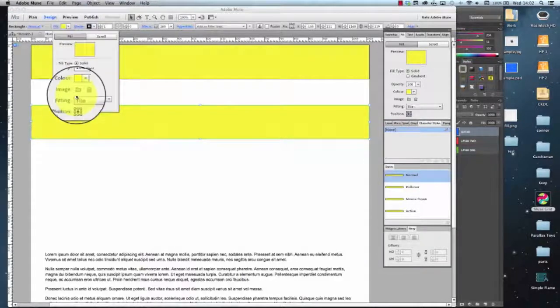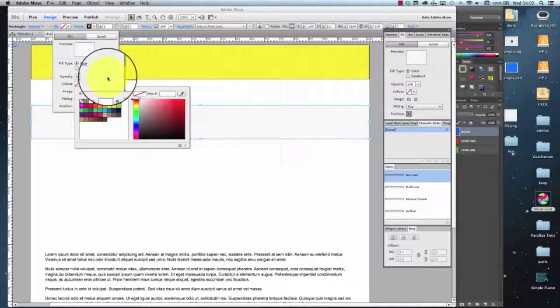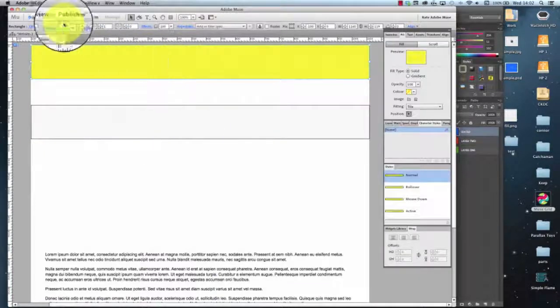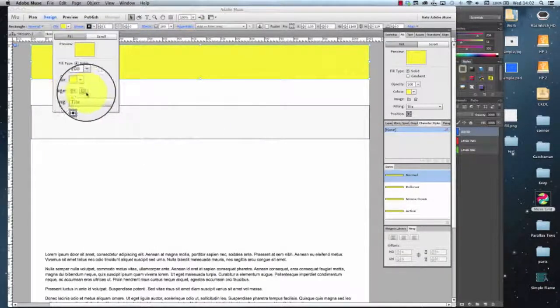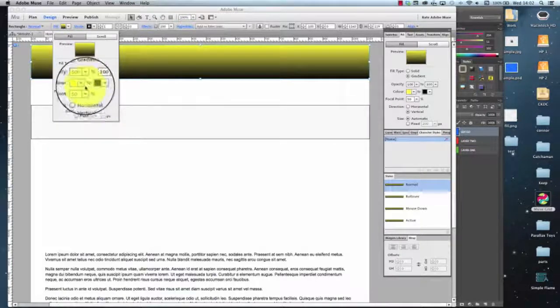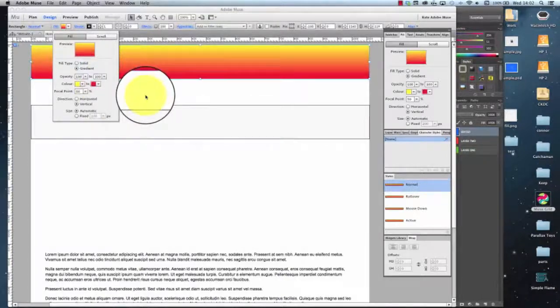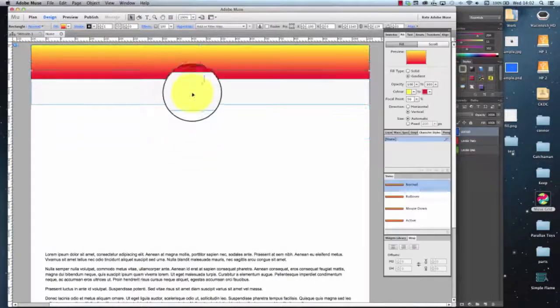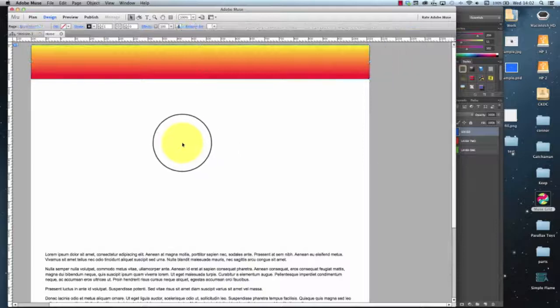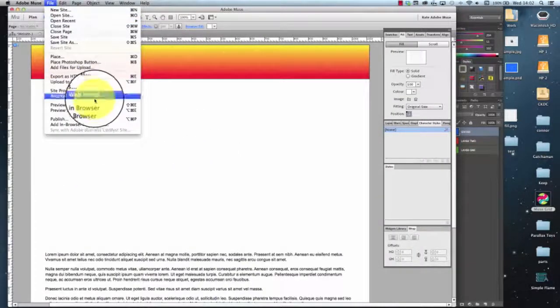But if you did want to use a gradient, if we just replicate this item here, I'm going to go to fill and set it to transparent so we can see our texture there. And then on the fill in here, I'm going to switch that off, switch to gradient, and then I'm going to choose, let's go from a red to an orange, nice fire colors, and then I can bring that over the top. And then if I preview this in the browser,